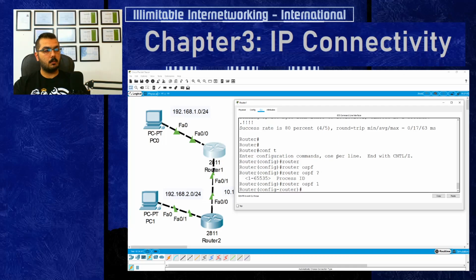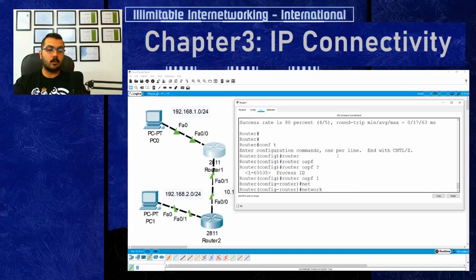Of course, we will take number 1 for ease. I will first advertise the first network, which is 192.168.1.0. I must give the subnet mask, but I will stop everything now